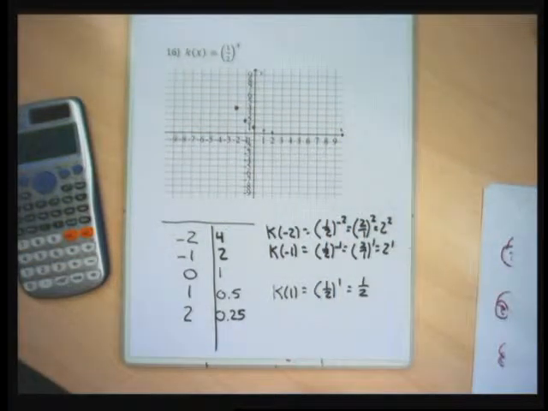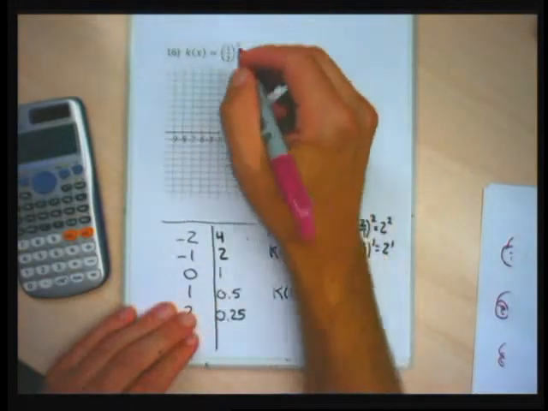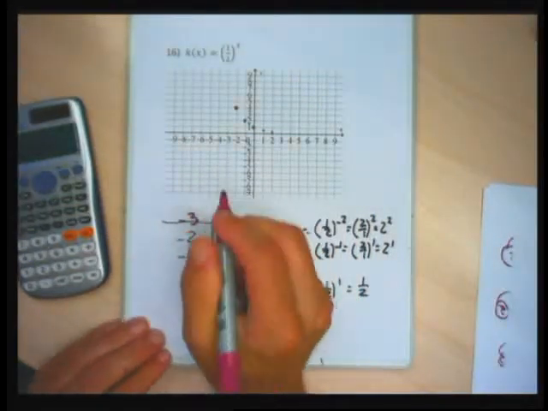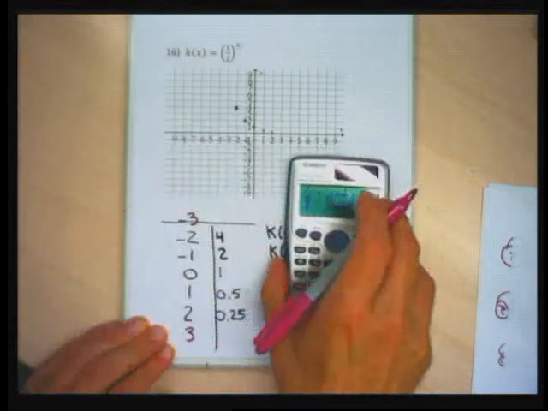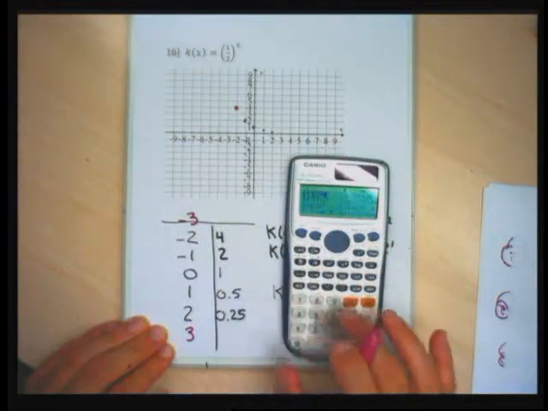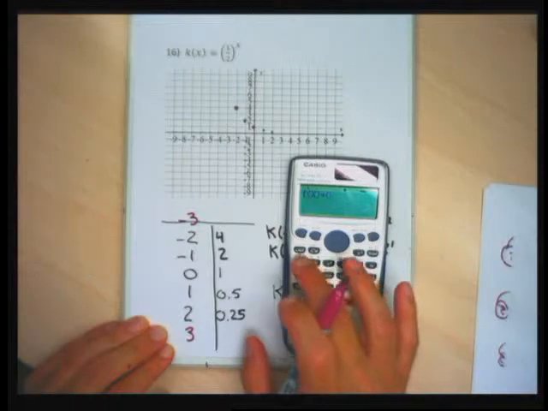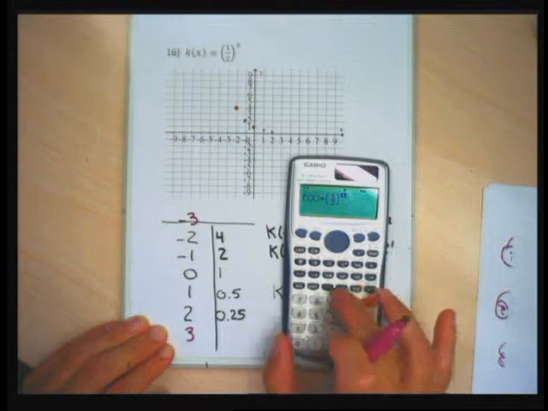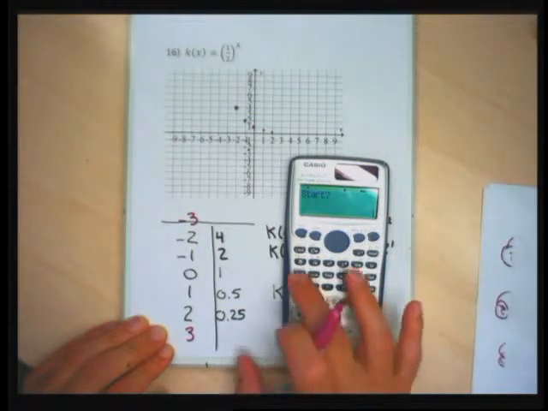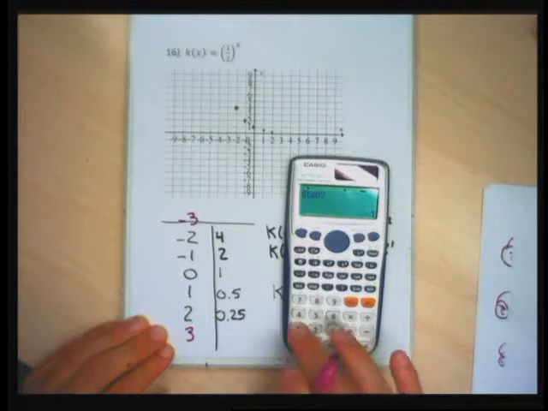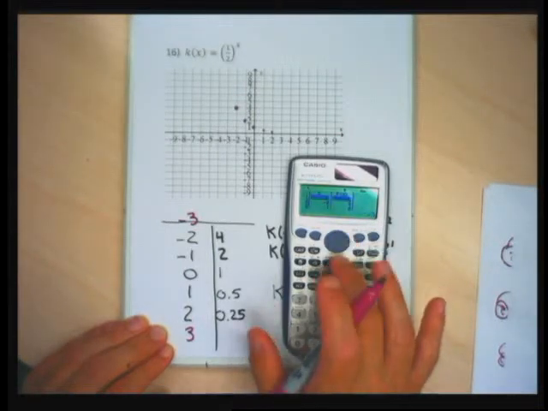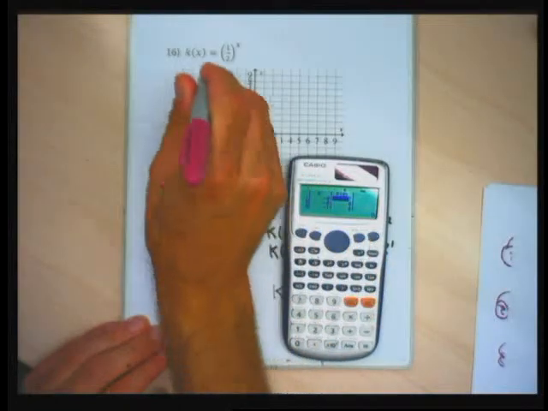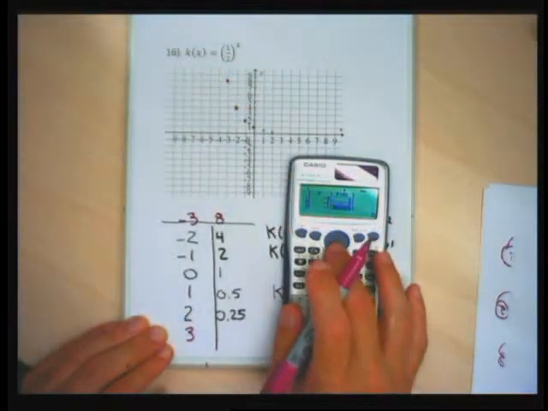If I made more points, I would have had a -3 and 8 and a +3 and 1/8. This graph is kind of the opposite of my previous one, and in fact, let me just extend this table. I'm going to do -3 and +3. Let me do the same function, and just extend the table for you so you can see what the other points that I'm not showing you would look like. So 1/2 to the x, start at -3, end at 3, step 1. So here's the point -3, 8, which would be up here, and the very bottom point would be,